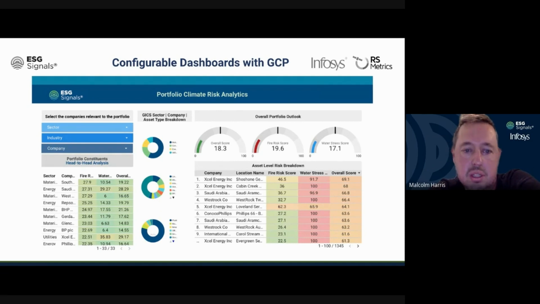But what this is, is a screenshot of someone who's looking at a couple companies at an asset level and just assessing them on 2 scores, right? Again, we offer a whole suite of environmental metrics. For ease of visual use, this just has 2, but you can very easily assess your own operations, right? Where are the water stressed facilities, where are the ones that are exposed to fire.